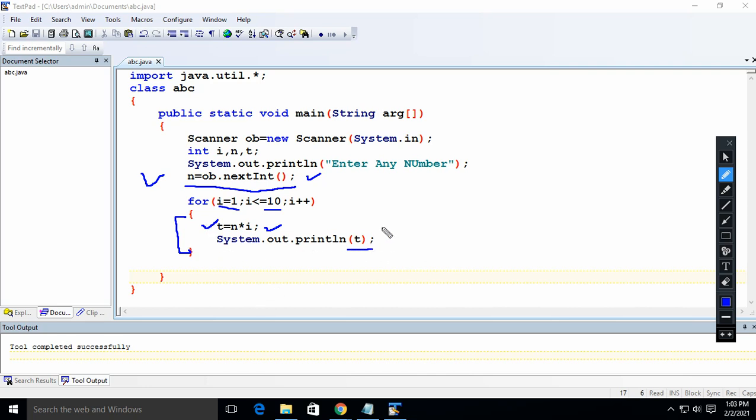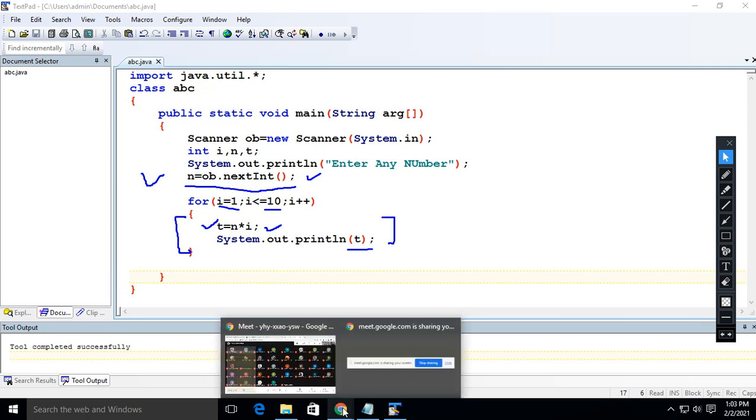And these two statements we are writing inside the body. So how many times will this part execute? Exactly 10 times. Am I clear, Ishan? Yes, sir. Thank you. Any confusion? No, sir. Now the next question. Write down yourself.